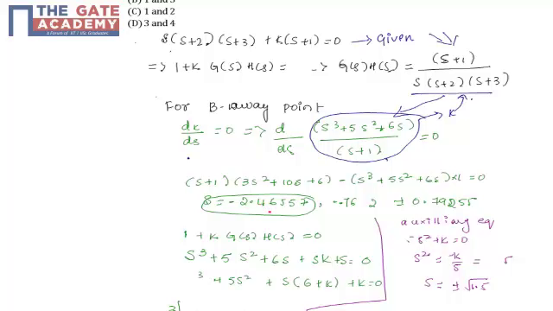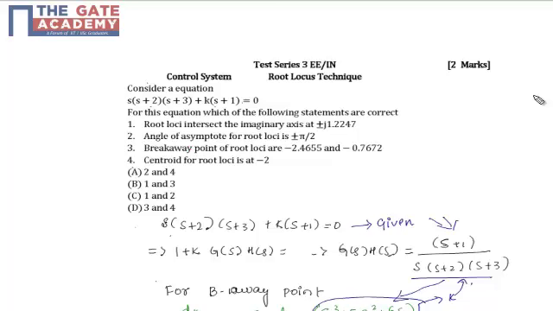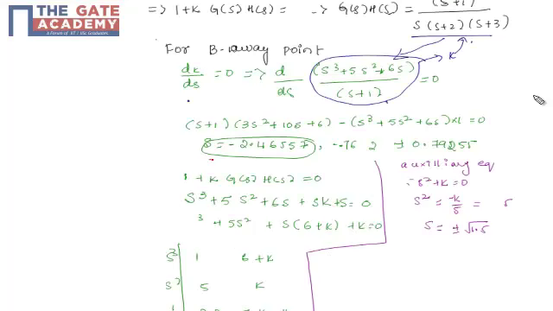minus 2.4657. That is the third statement. So third statement is true. There we have got the breakpoint as s is equal to minus 2.46577,